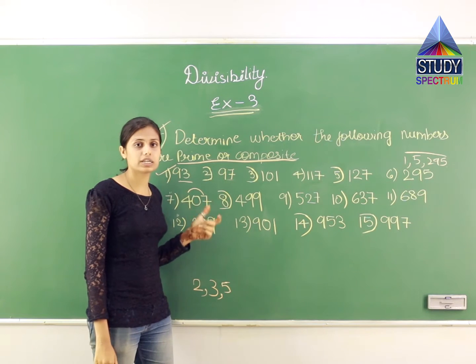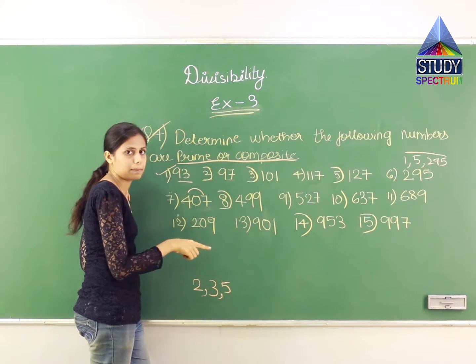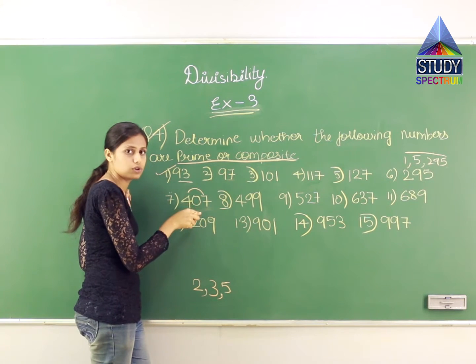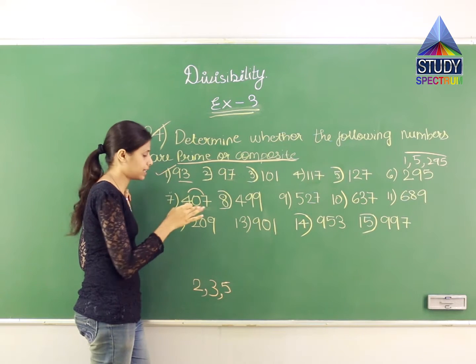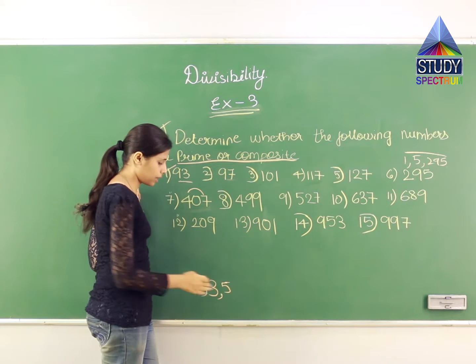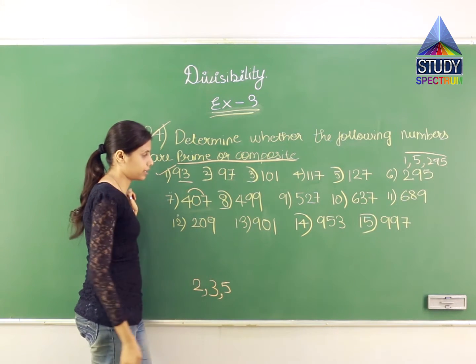So this is what? This is a composite number because ये 407 and 11 के टेबल में आता है. 11 is another number than the number 1 and the number itself. So I can say that इसके 3 factors है. That's why this is not a prime number. It is a composite number. तो मैं यहाँ नहीं लिखूँगी because these are all prime numbers I am writing down.